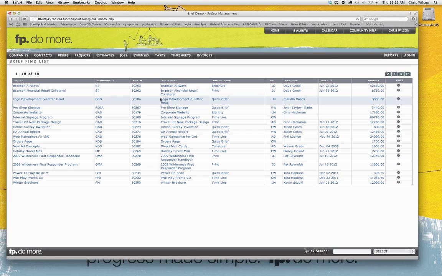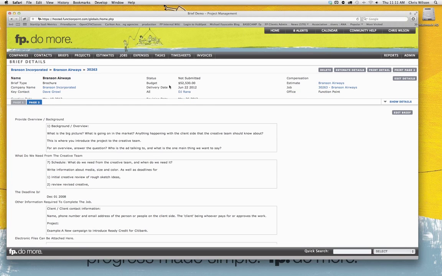And coming into here and selecting one of these items, let me just choose a brochure brief, for instance, will drive us into the detail page for the specific brief that we're looking at. This 3-page, the Find, the List, and the Detail page are consistent, again, across all of the Function Point modules. On the Detail page here, you'll see our action icons as they are available here in the top section.